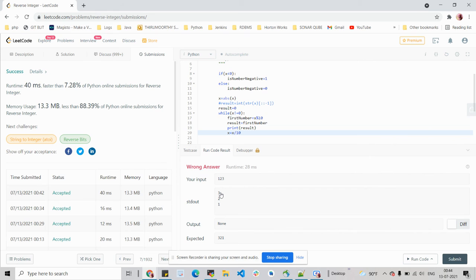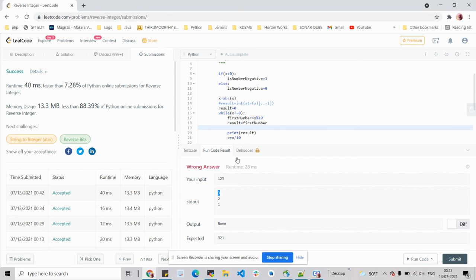So if you see, I have 3, 2, 1. Now I have to combine this 3, 2, 1 to form 321. Now all these are separate digits. I have to form a number which holds the hundredth position values. I have to combine all these results. So how do I combine it? Every time I pull out the last digit